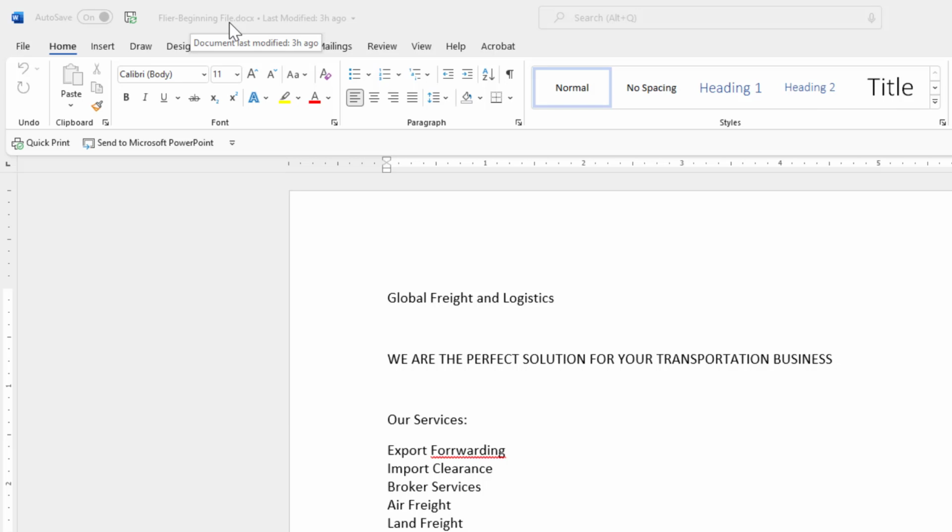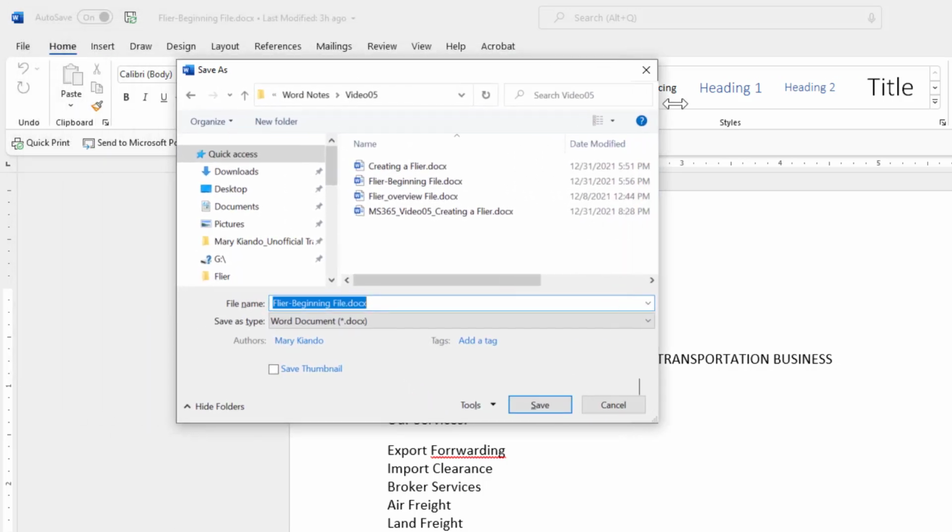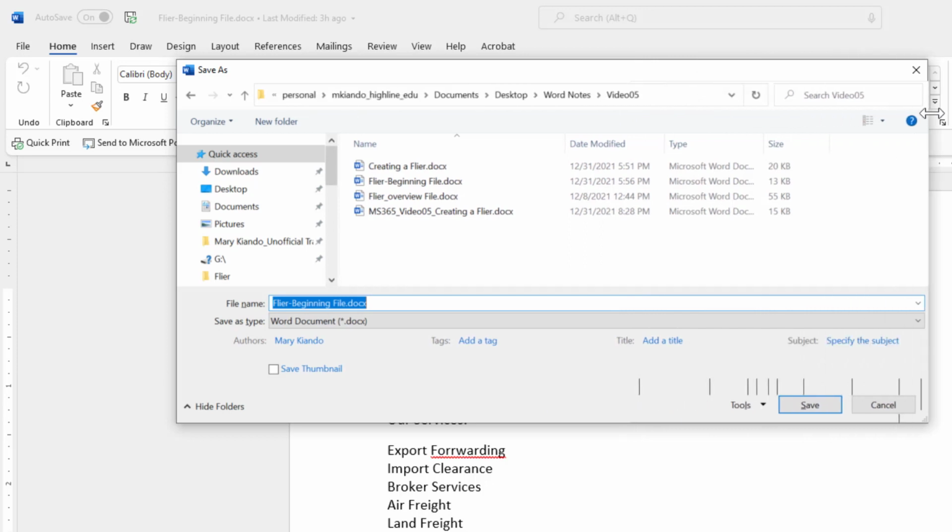So we'll save this as a finished file, but we will also keep the beginning file. To do that, we will use Save As, and I will use the keyboard shortcut F12, and we'll move this right here. I will expand this so we can see the entire path. You can see the entire path right here, and you can see it's in video number 5. I will save the finished file in the same folder. So I have the file there, which I will change to finished. So I will carefully select that,